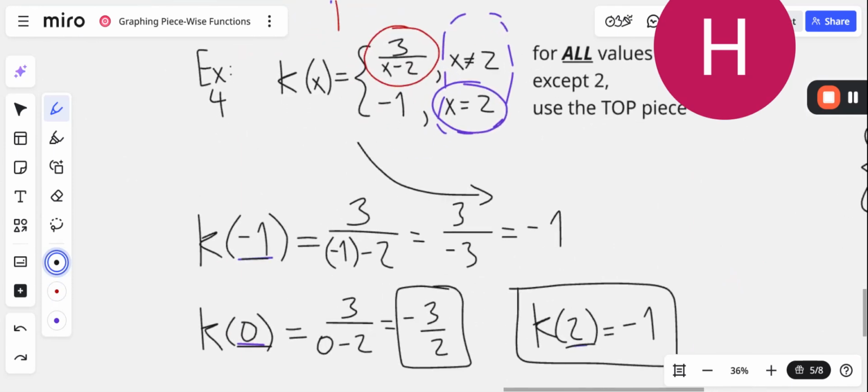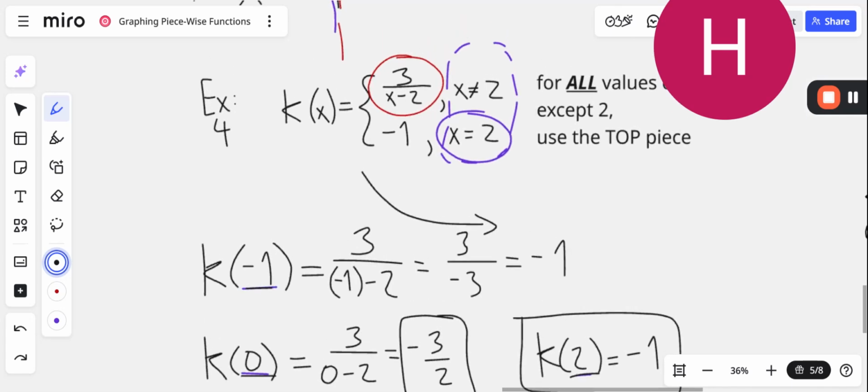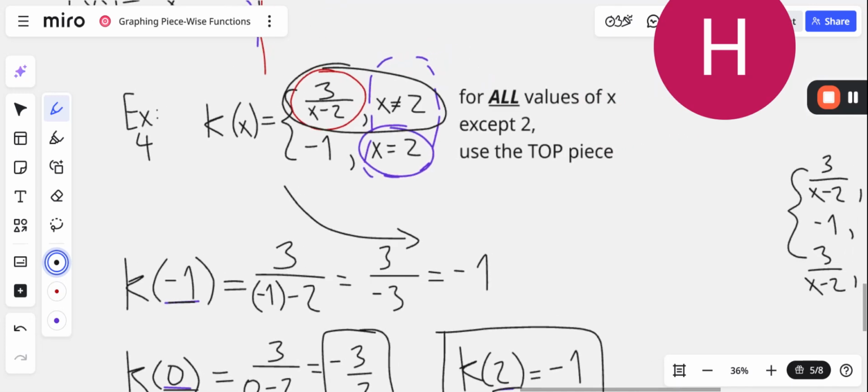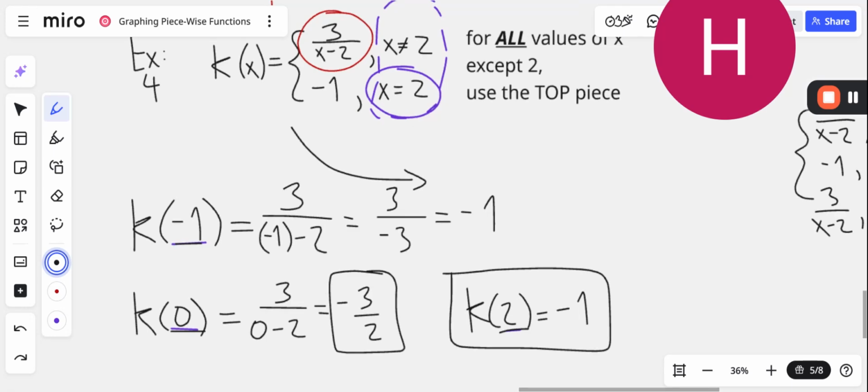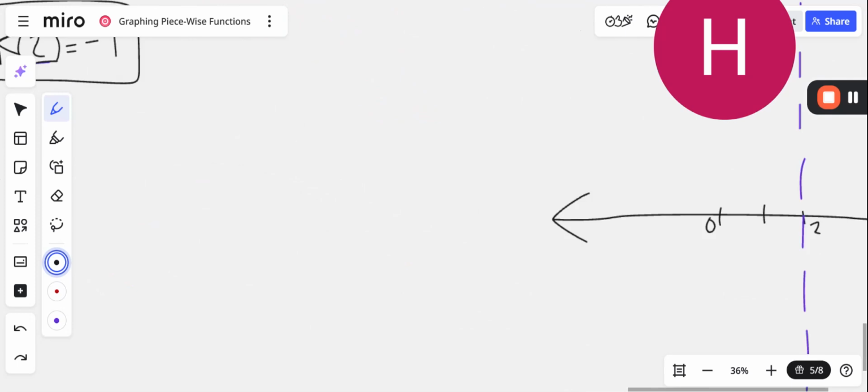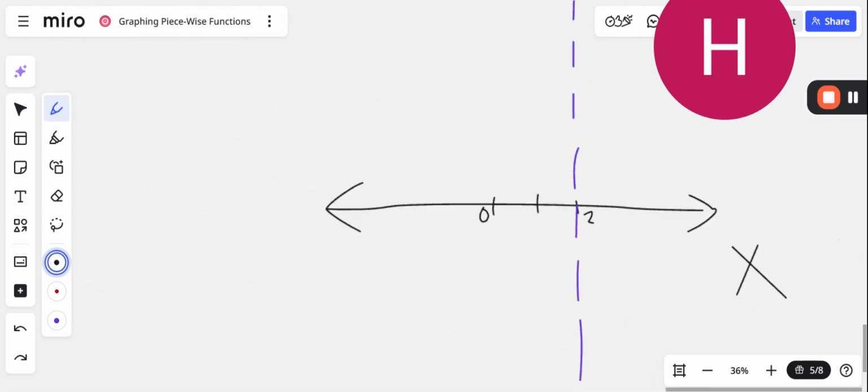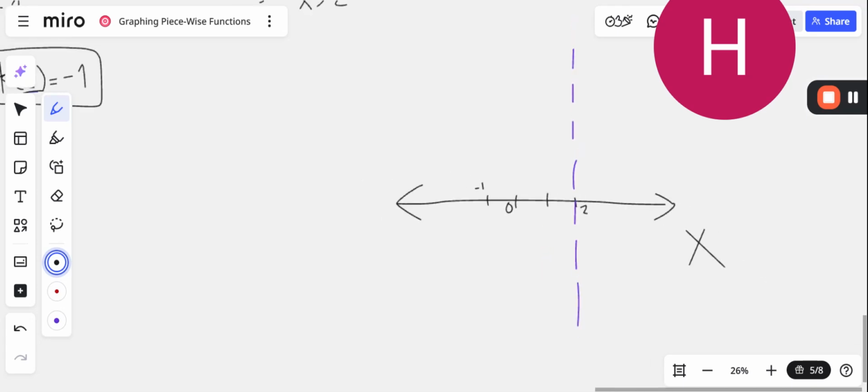So if k of -1, if x is -1, we're going to be using this piece. We're going to be using this piece for all values except x equals 2. So when x equals -1, the y value equals -1. We got that from last time, the last video. So we can go ahead and label that when x equals -1, the y value